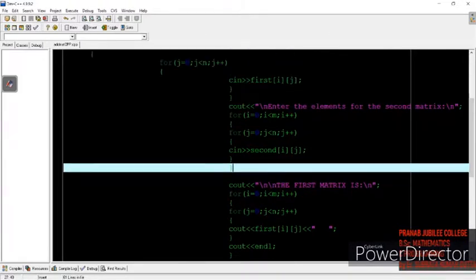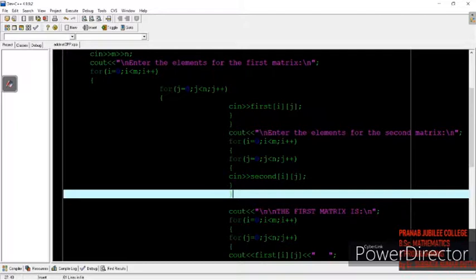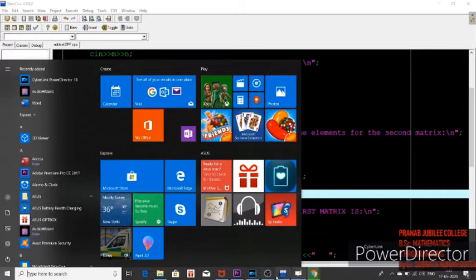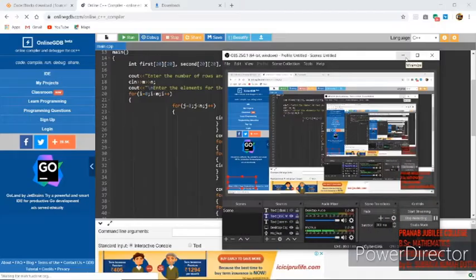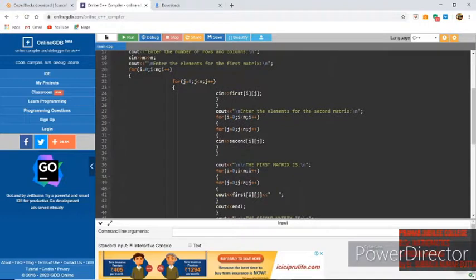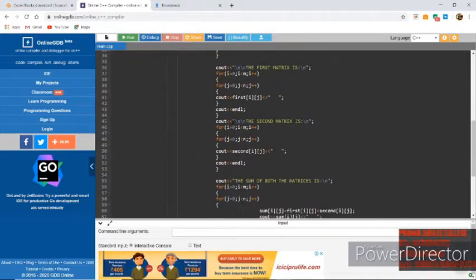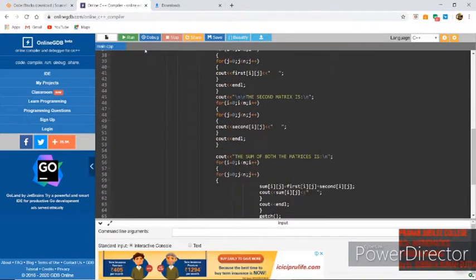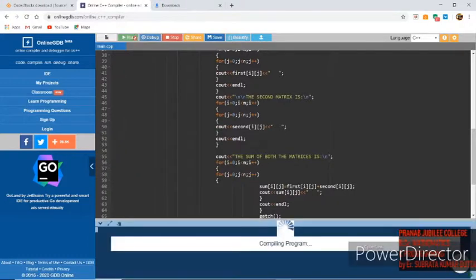Alright, let's check for it. So due to some reason, my compiler just crashed, so I cannot run the output there. So I have typed this exact same program here in this online compiler, and I will try to run it. Okay, let's check.